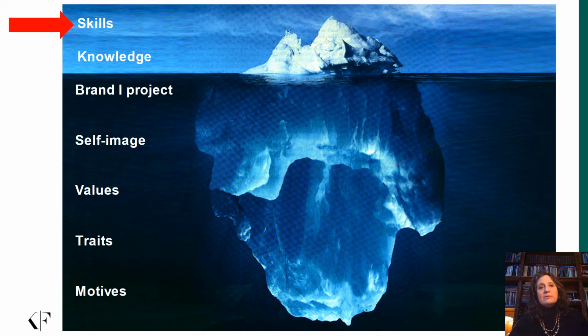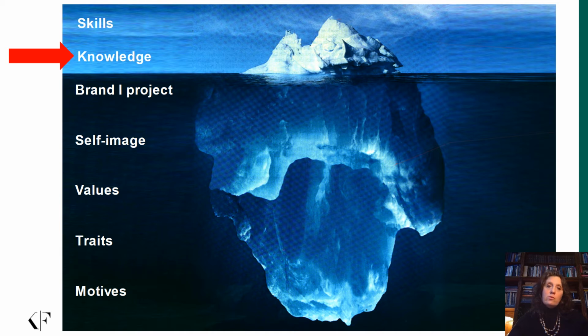At the tip of the iceberg, above the waterline, we have things like skills and knowledge. Skills are the things a person knows how to do well. For example, reading a profit and loss statement. Knowledge is what a person knows about a particular substantive area. For example, basic accounting principles. They're what are easiest to see. We can look at a person's LinkedIn profile or ask them in an interview to know what they are. They're necessary characteristics for success in a job, but they're often not adequate by themselves.